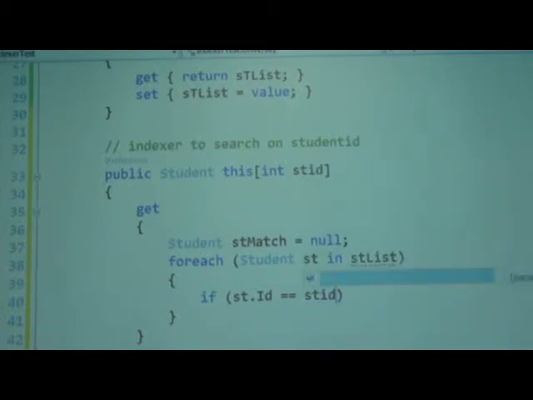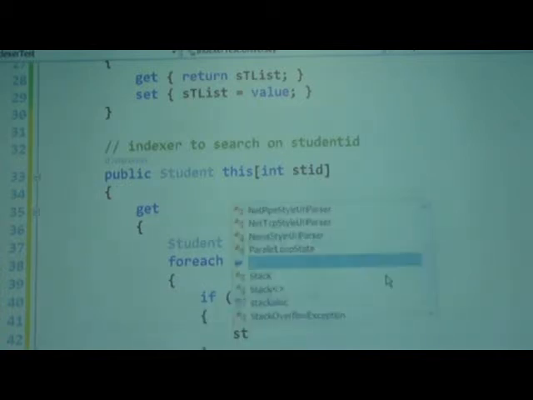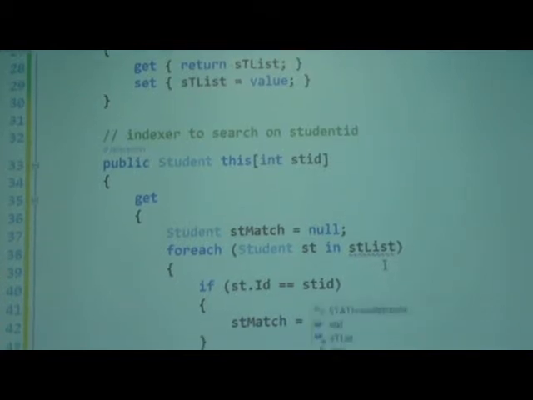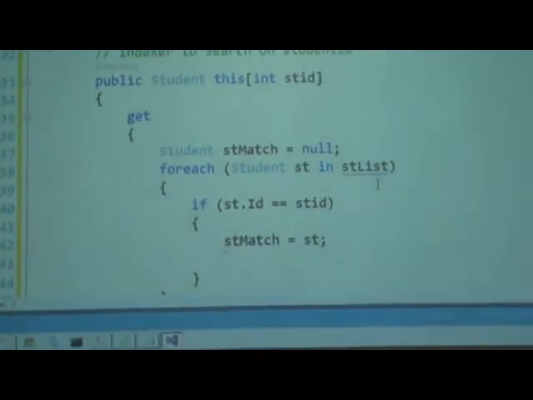So we'll compare whatever student ID somebody is passing to us over here. If it matches, then what will we do? We will say stMatch equal to st and get out of this loop,